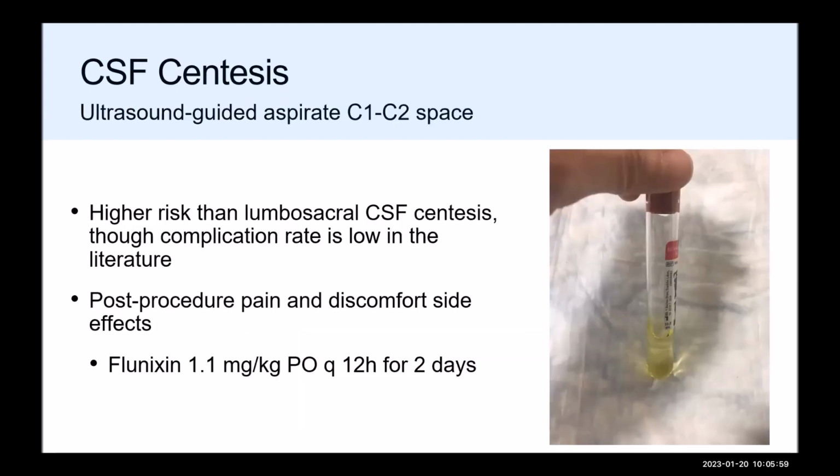Additionally, since it's integrating higher risk, the C1, C2 tap does have post-procedure pain and discomfort side effects that we don't generally see with our lumbosacral taps. So if I have a horse that I'm doing a C1, C2 tap on, I send them home on Flunixin twice a day for a couple days,